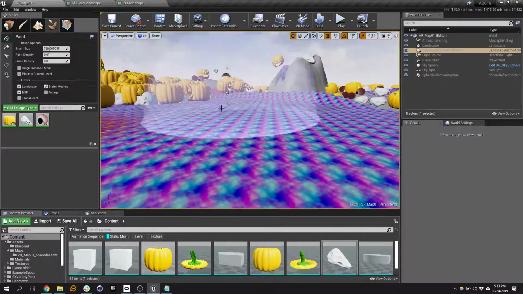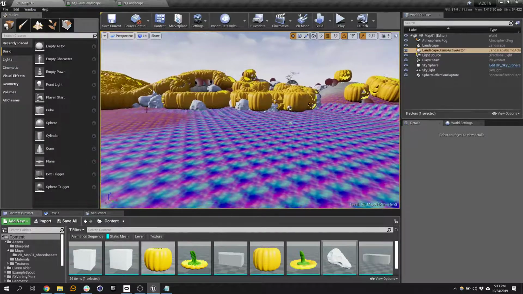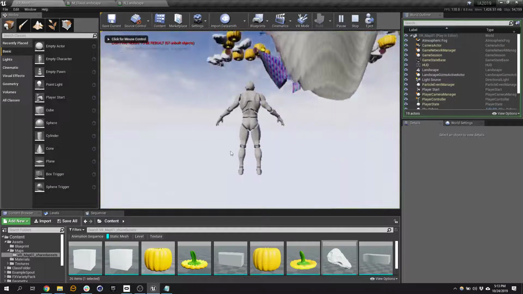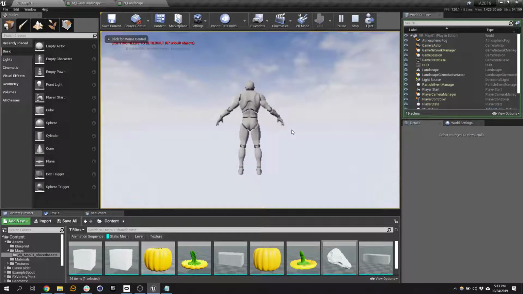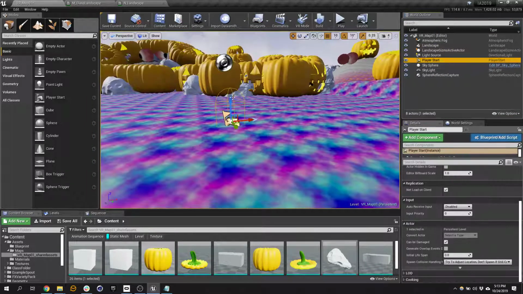And then once I'm done with it, let's get out of there so I don't accidentally continue to paint things as I move around. And then if I hit play, by default, I'm going to be this character, because we started off this project with a third-person template. So I want to get now into these templates and how to manipulate them. Let's find our player start. Player starts below ground. That's why he dropped below ground. If we hit play again,